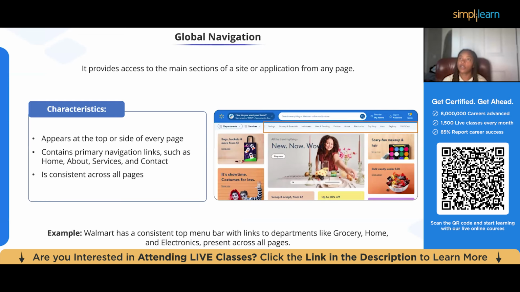And starting with global navigation, it provides access to main sections of a site or application from any page. It appears at the top or side of every page. It contains primary navigation links such as home, about, services, and contact, and it is consistent across all pages. So, for example, this